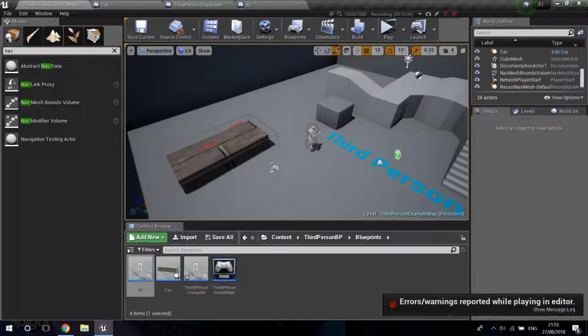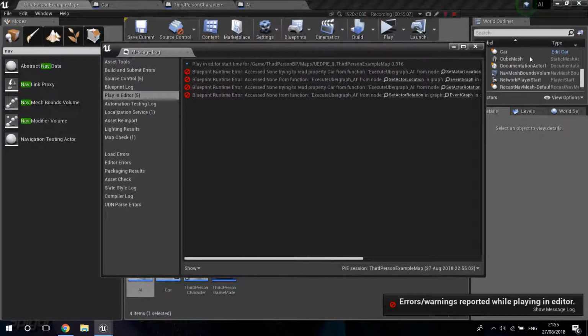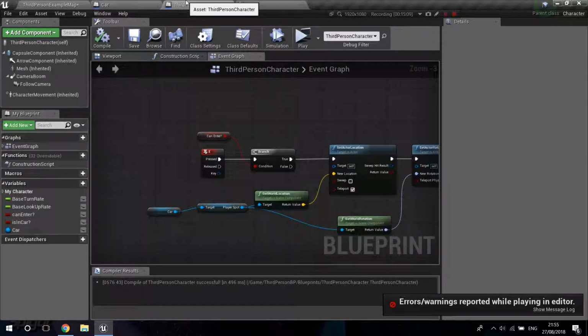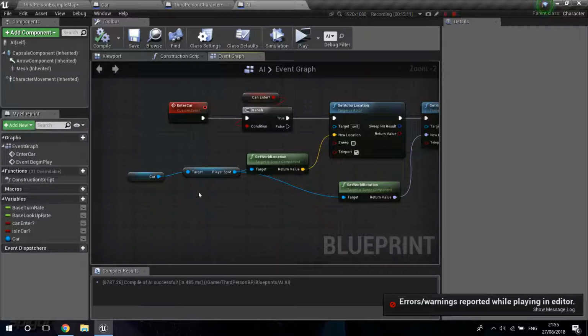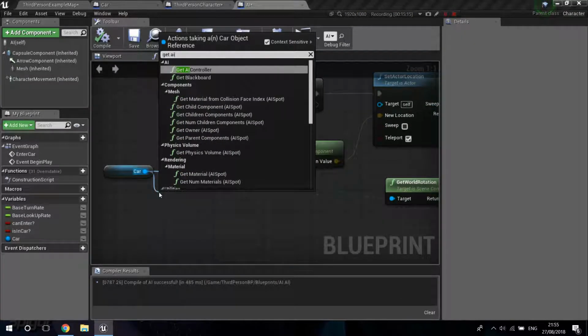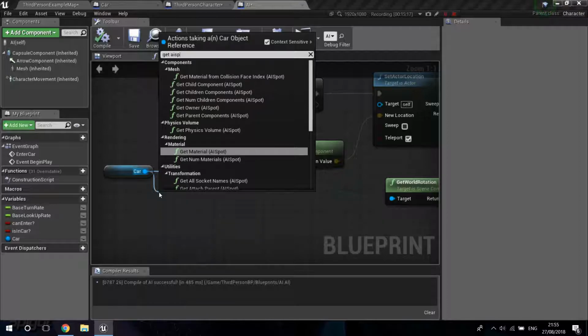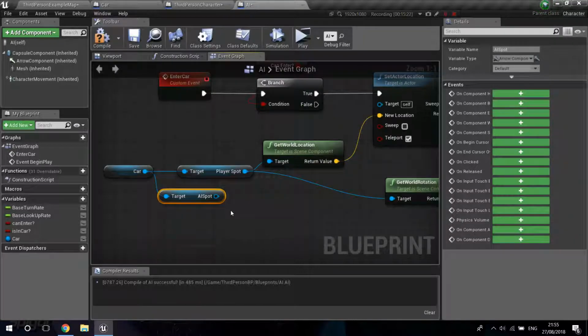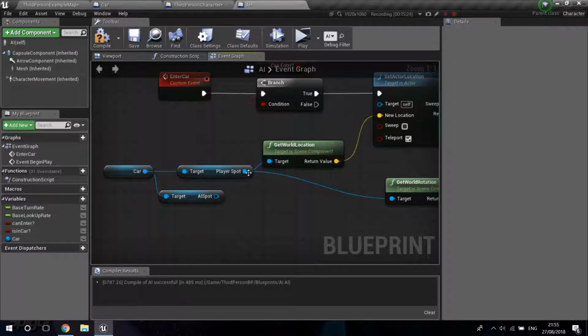And the AI disappeared. I remember why. That's because I forgot to change something on the AI. Over the player spot, we do not want the player spot, we want to get the AI spot. Because if we get the same spot, it's going to overlap the characters and one of them is not going to spawn. So just hold control, click and drag,